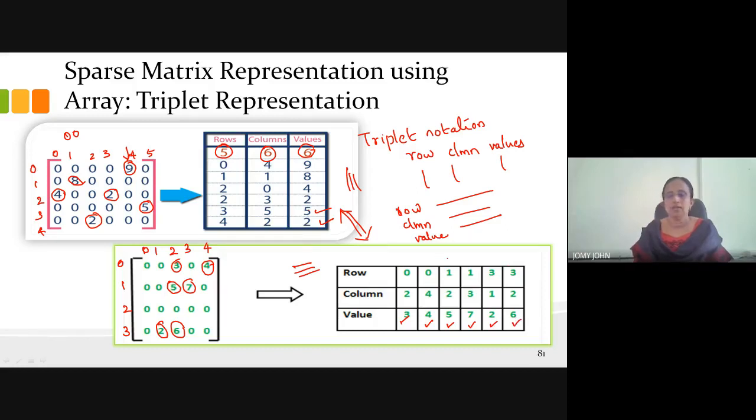Okay. So these two are similar representations. What's the significant difference here? There is no header row here. In the earlier case, we have written number of rows, number of columns, and number of values. There are 4 rows. We have 5 columns. Values 1, 2, 3, 4, 5, 6 values.